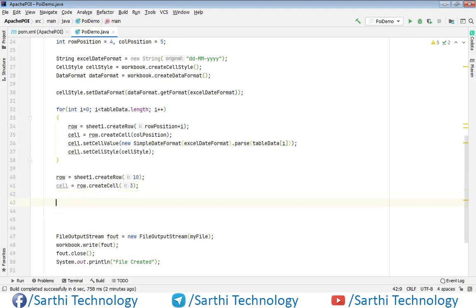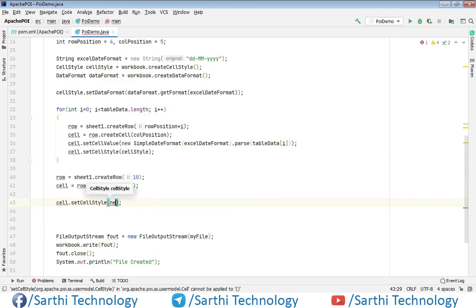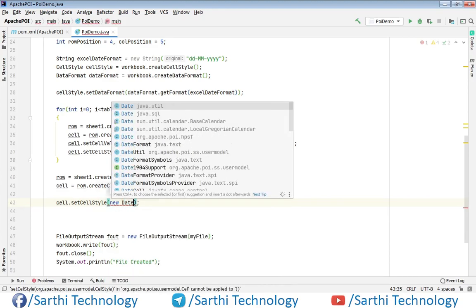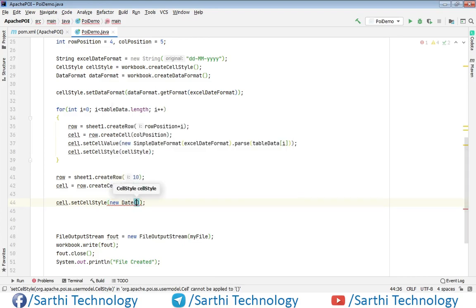So cell dot set cell value new date. Okay, press alt enter.